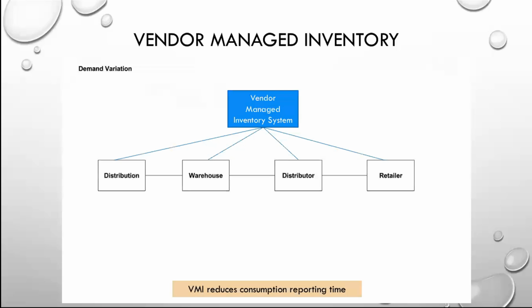We're going to talk about make-to-stock and make-to-order contracts. This is a very important concept in this regard, because the type of contracts that you create with these entities is going to determine the ability of the vendor to encourage these groups to place materials in the system. As you can see, this requires a lot of trust on everyone's part. As you can see from the bottom, VMI reduces consumption reporting time.